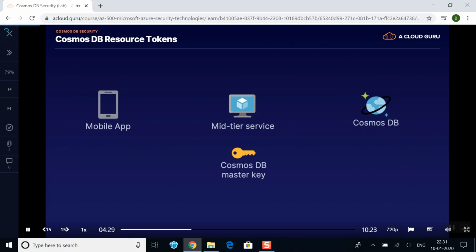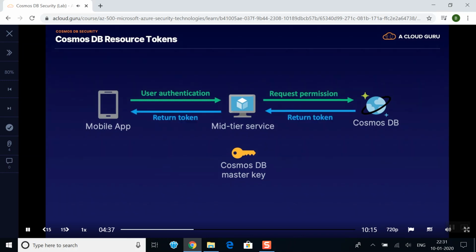The user of the mobile app authenticates to the mid-tier service, which then requests permissions from Cosmos DB, which generates a resource token and passes it to the mid-tier service, which then sends it back to the mobile app. A Cosmos DB resource token is conceptually similar to a SAS token for a storage account, with limited resource access